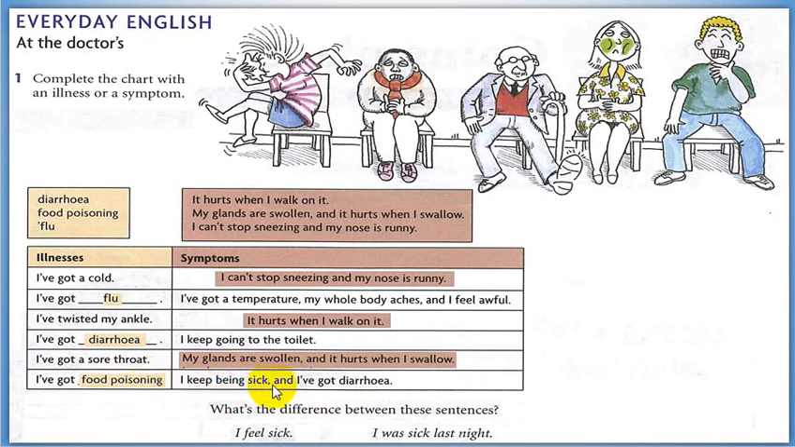هاي الجملة I keep being sick شنو معناها؟ نأكو سؤال, what's the difference between these sentences? I feel sick, I was sick last night. إلها علاقة هنا. I keep being sick. I keep being sick معناها مو أنه أني أبقى مريض. No, I feel nausea أو I vomit اللي هو يتقيأ. I keep being sick. أوكي, معناها يتقيأ, أنا أتقيأ باستمرار. and I've got diarrhea. إذا القيء المستمر والإسهال أعراض لشنو؟ تسمم الغذائي. أوكي,